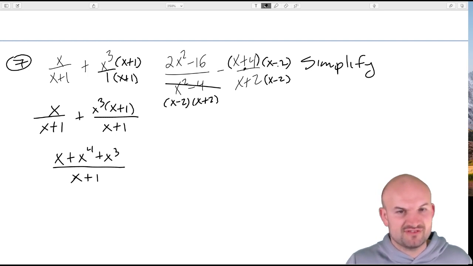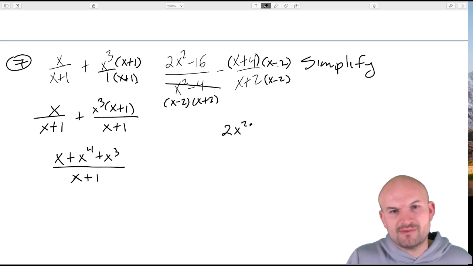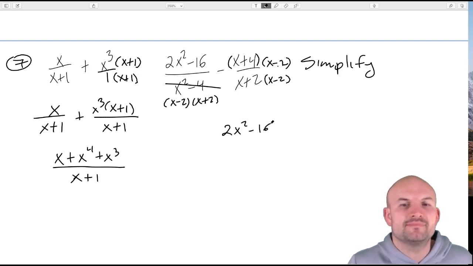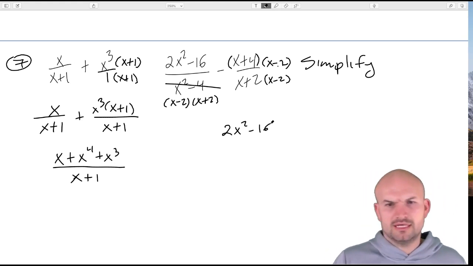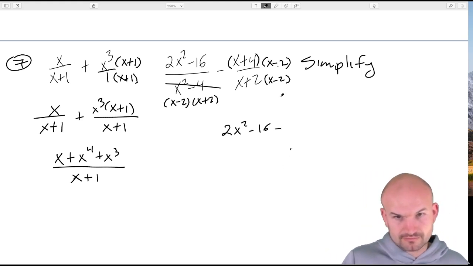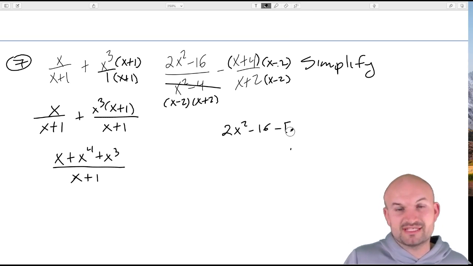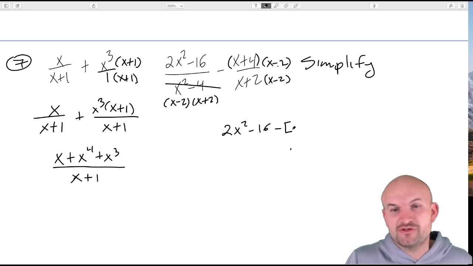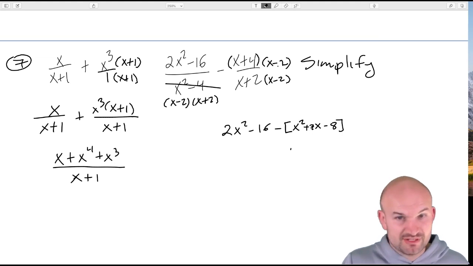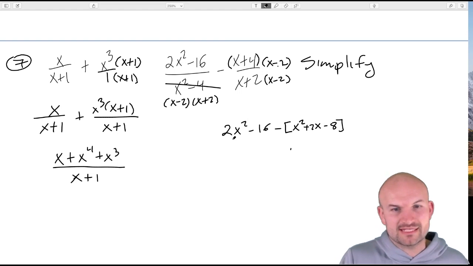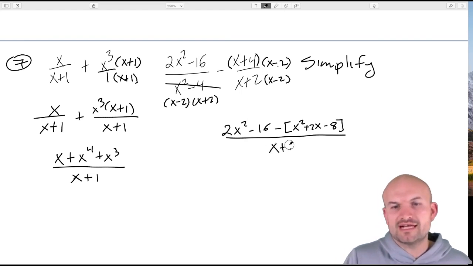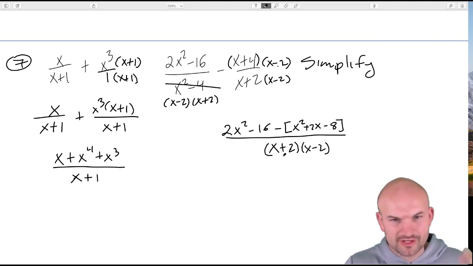So if you're going to multiply this, which is fine, just make sure you have 2x squared minus 16 minus, and then what I'm going to do is just put this in brackets, this x plus 4 times x minus 2. So that's going to be an x squared, let's see, 4x, so that's going to be plus 2x, and then minus 8. So again, you're going to want to just make sure that negative is outside that product, and that's going to be all over x plus 2 times x minus 2. Okay, and obviously you could simplify this a little bit further, but for